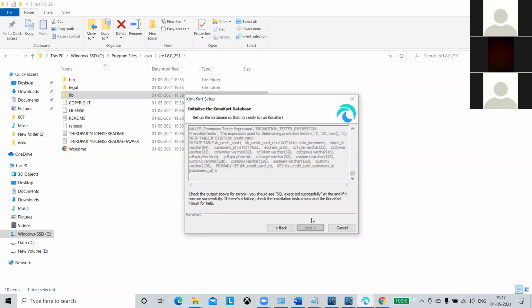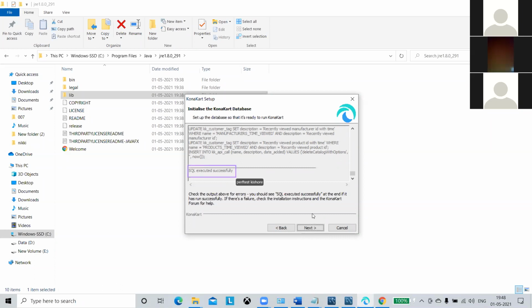All the required tables will be automatically created. You should see the confirmation message saying that SQL executed successfully. Then only it confirms that the tables and database are created successfully. Now click next.